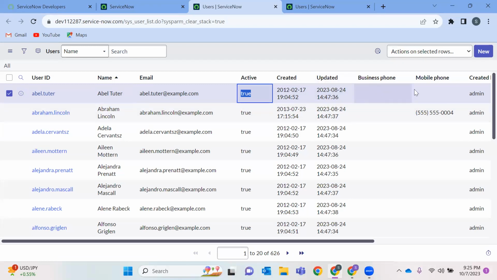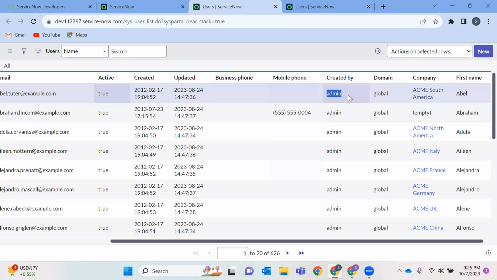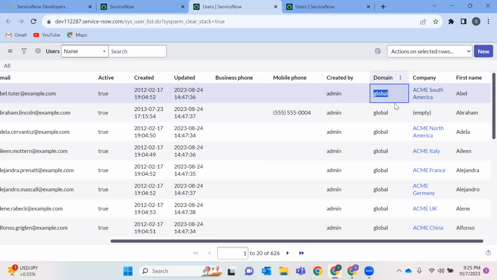And no business phone or mobile phone information has been found. That's why these particular columns are empty. Admin created this profile. They belong to the global domain, to this ACME South America company, and their first name is Abel. Their last name is Tutor, Abel Tutor.